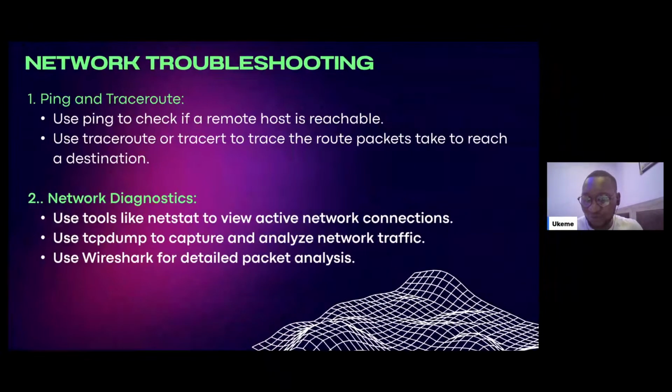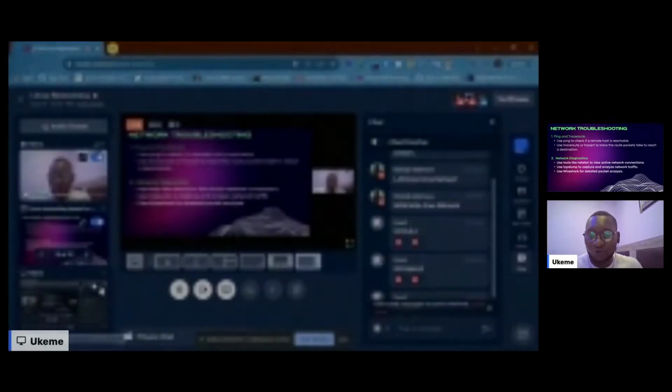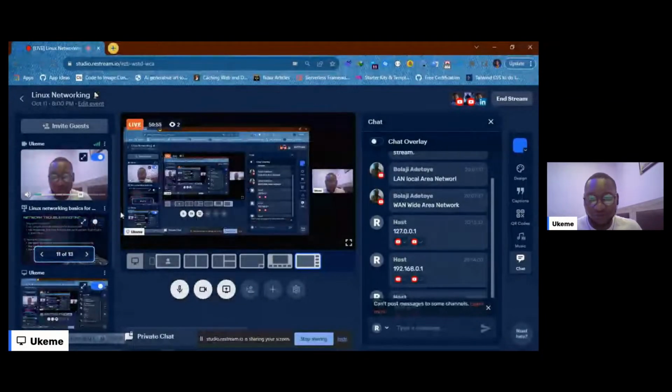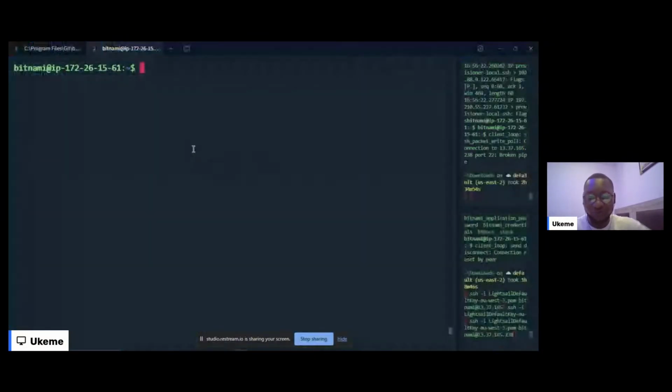I'm going to stop sharing. Okay, which one did I miss? Okay, so tcpdump is used to capture and analyze network traffic. Let me show you this. Let's do tcpdump.